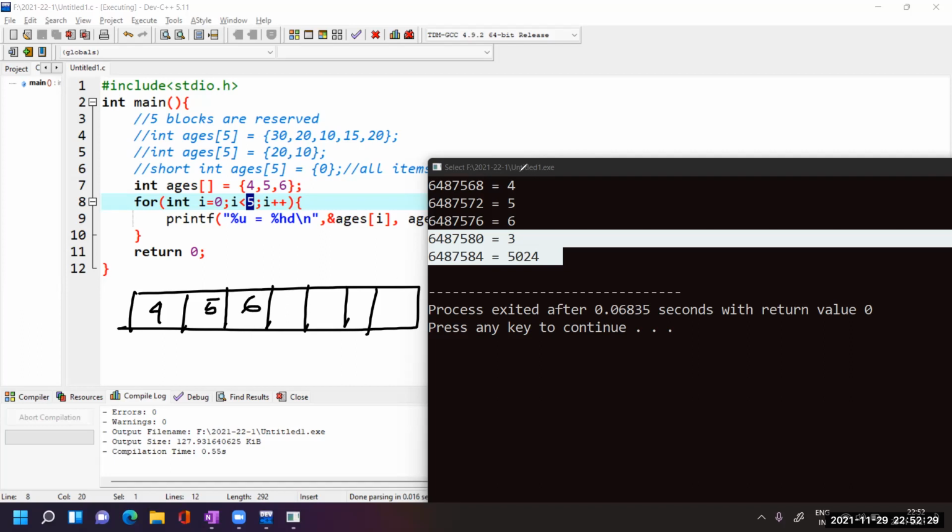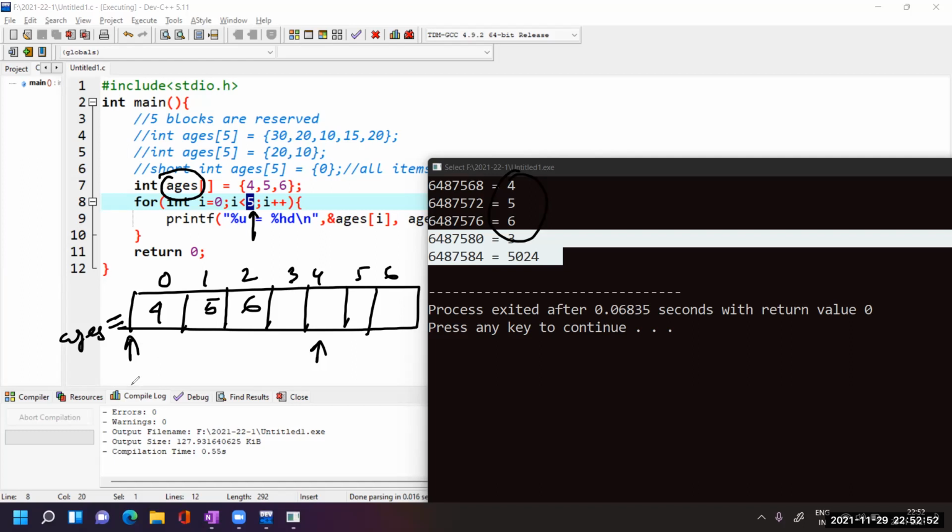That is, this is 0 index, 1 index, 2 index, 3, 4, 5, and 6 index. I am accessing less than 5, that means up to this I'll access. Here the array name gives me the starting address.